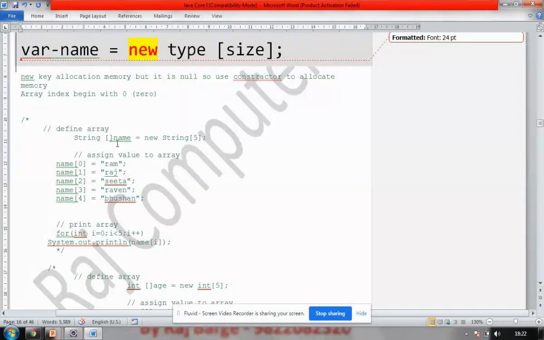So in this example, we are going to create a string array. When you say string array, it has to follow the same syntax. String is the data type. The array name is name. It is saying new, allocating memory and storing values. It stores five strings, five names, in the name array variable. Second step is we assign values to them, starting from 0 to 4, that is 5, and then we print it. So this is what defining an array, initializing an array, and printing an array looks like.